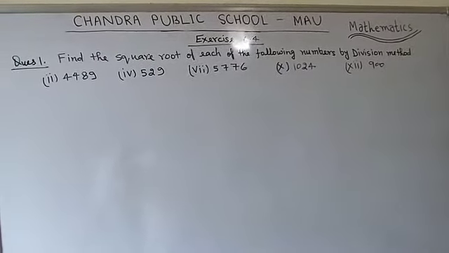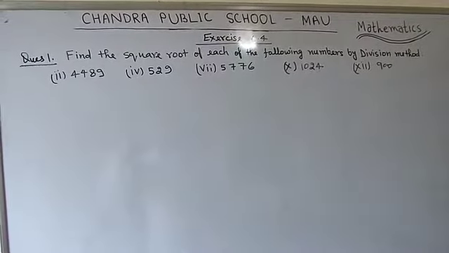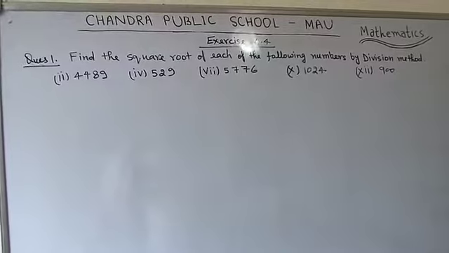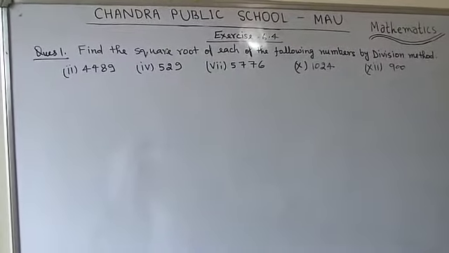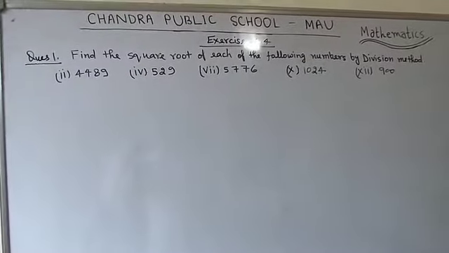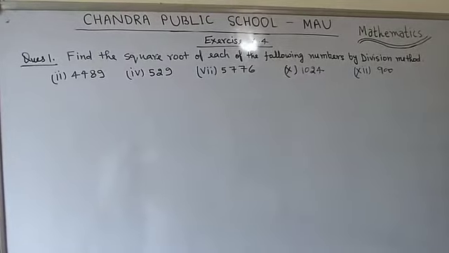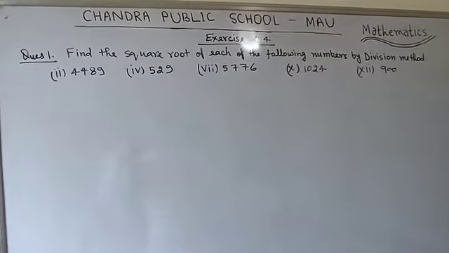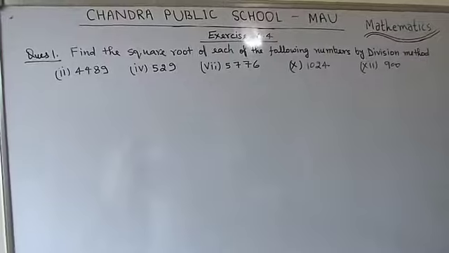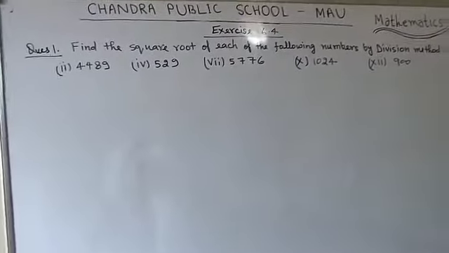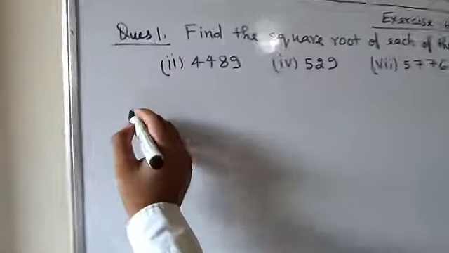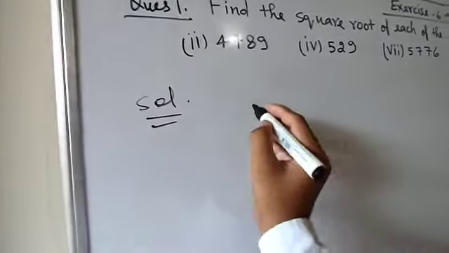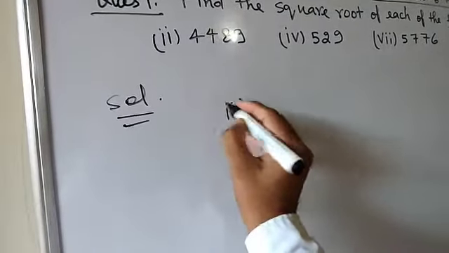I will explain and find the square roots of these numbers with proper steps, and whatever the rest of the numbers are, you need to find them by yourself. And if you get a problem in any part, then you need to comment to me. I will explain the square root of that number in which you get the problem. So here I am going to solve that.